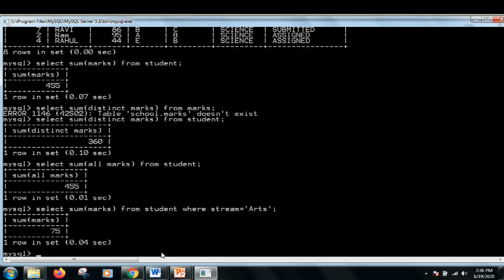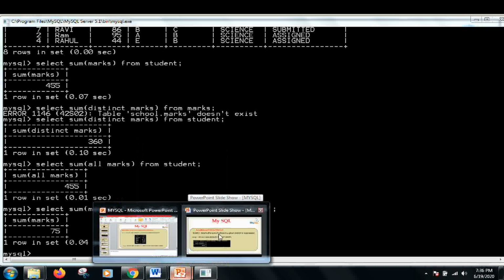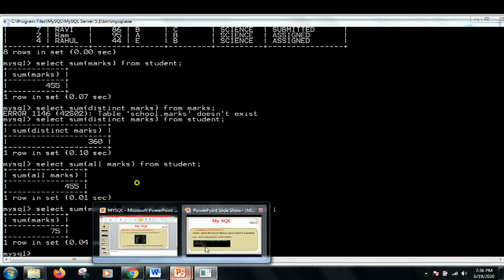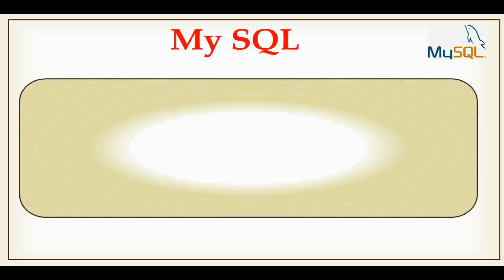In this way you can do the sum of the marks. You can apply conditions here the same way you were applying them earlier in the basic queries. I hope this is clear to you.